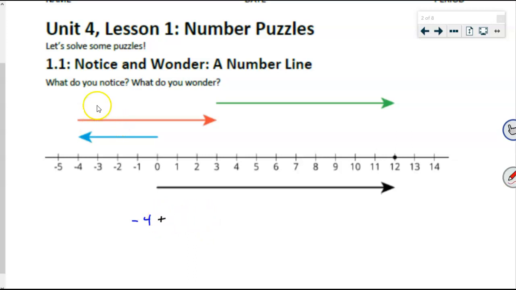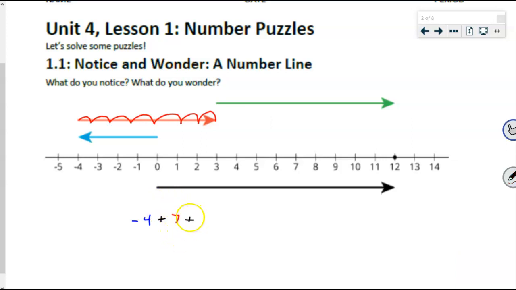+8. Why 8? Double check. You're really close. 1, 2, 3, 4, 5, 6, 7 is how long that one is. So can we change it to +7? Okay, good. +7. And then